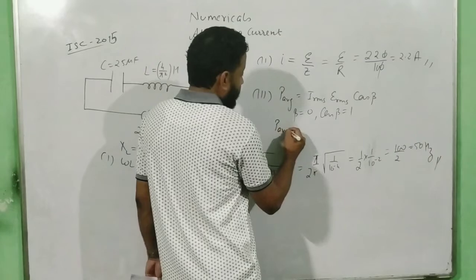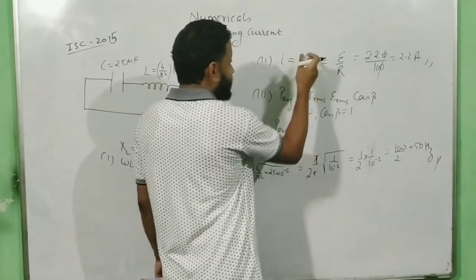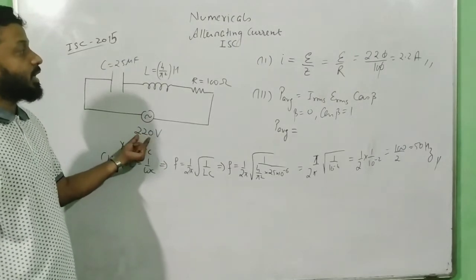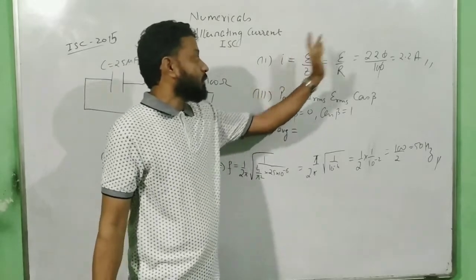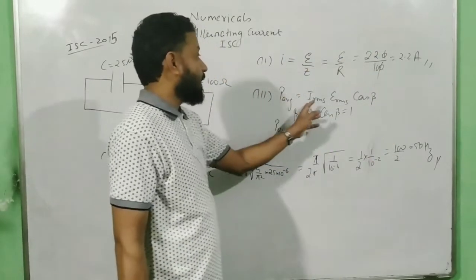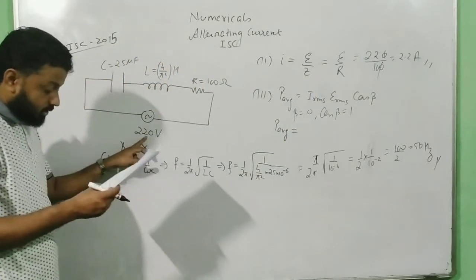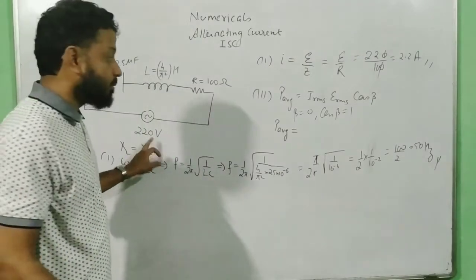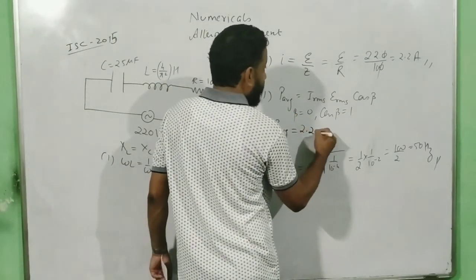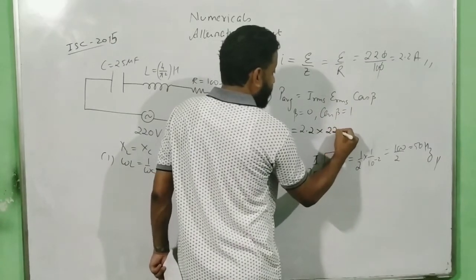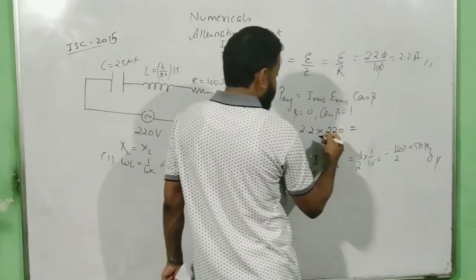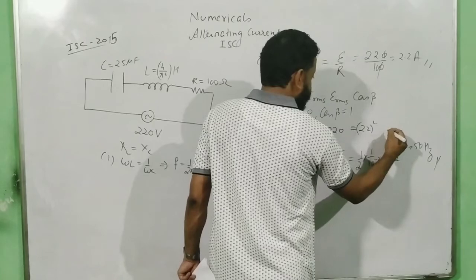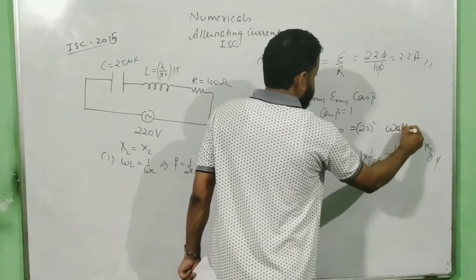So my average power will be IRMS into ERMS. As I told you in the very beginning, and in the previous question also, if 220 volt is given to you, you have to take this as RMS. So the current you are finding is also RMS. Remember, this is not peak voltage. The question nowhere says it is a peak voltage. If the question does not say anything about peak voltage, you have to take it as the RMS value. So IRMS is 2.2 and ERMS is equal to 220, and just multiply them, you will get the final answer. And don't forget to put the unit. The unit is watt.